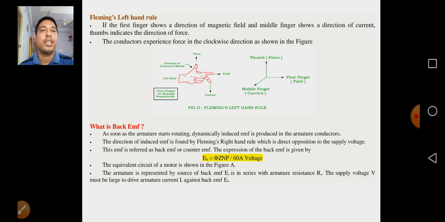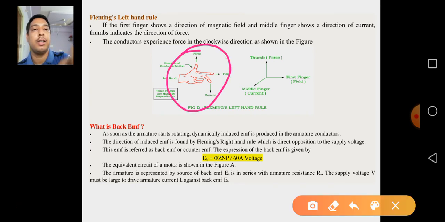So here it is representing Fleming's left hand rule. We have to take the thumb, first finger and second finger of the left hand. All three fingers are kept perpendicular to each other. The thumb indicates the direction of the force or motion of the conductor, the first finger shows the magnetic field direction, and the second finger shows the current, which is shown exactly here in this figure of the left hand rule.